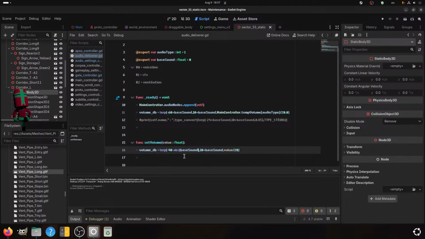Minus absolute bass sound, which bass sound for you is 0. I don't really get it.